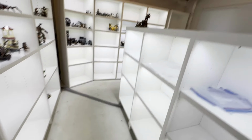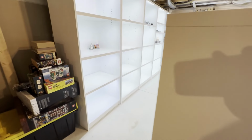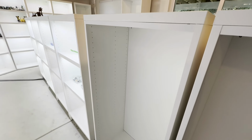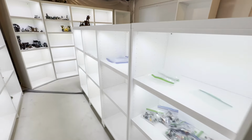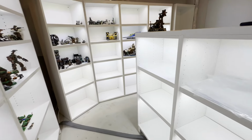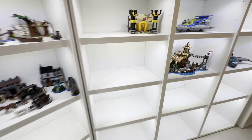But I've got quite a bit of other stuff to finish up here too. You'll notice some of them don't have shelves in them yet, or lights. That's because I'm not quite done with them. I'll have to get to that next weekend, but let's walk through them. So these shelves, I had the Billies before. These are called the IKEA Besta. It's another IKEA shelf, and they're really the same height, but the biggest difference between these and the Billies is